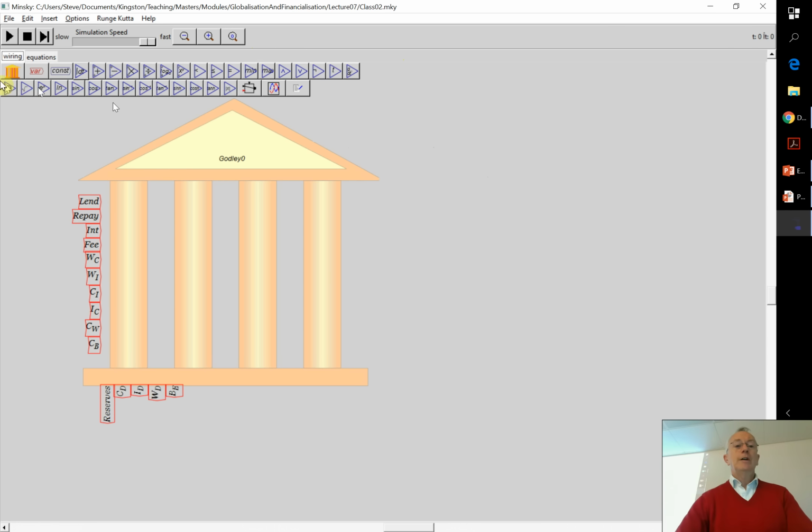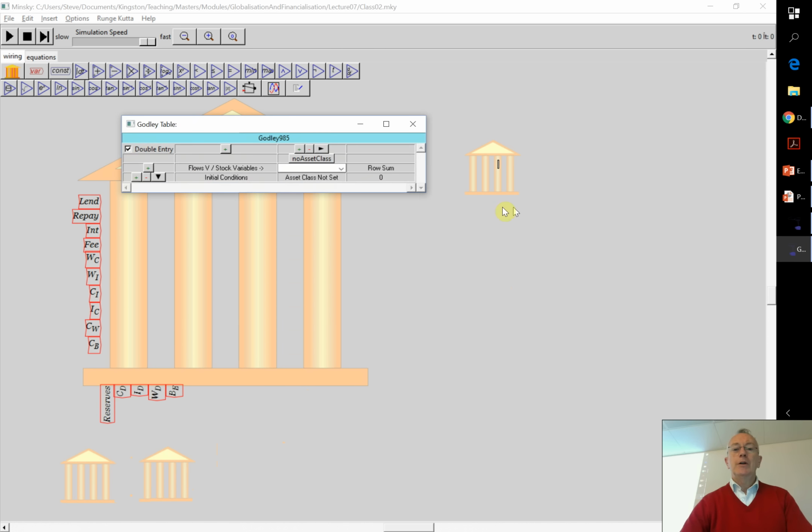Just a little trick to move things around. And you add more Godly tables. So click on this and drag and drop over here. Click and drag and click. Whoops, I've clicked on the wrong icon. If you do that, I brought down, what's that? That's a data input. I'll just right click and I can choose delete the operator, get rid of it. Okay, and just because I know what's going to happen next, move those two other ones over down the bottom, out of the way, and now right click and choose Open Godly Table here, and this says it's going to be the consumer sector.